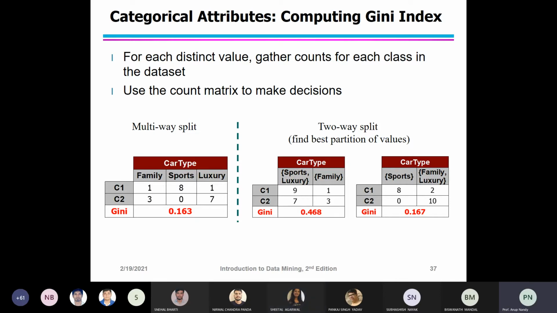If you just use this formula, as you can see, the Gini index of sports and luxury, which we have already computed, is 0.4922. And the Gini index of family, if you compute it, should be 0.3750. Now the weighted average of the Gini index for the group is equal to what should I write? What will be the numerator and the denominator?